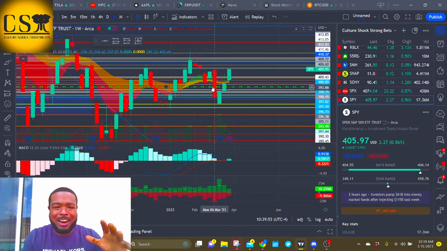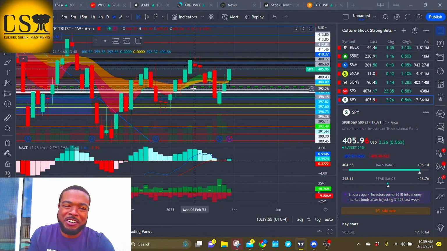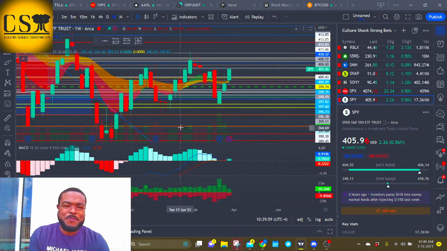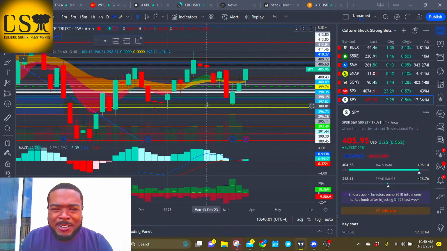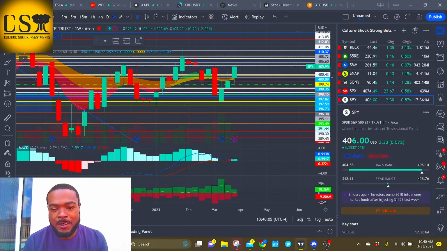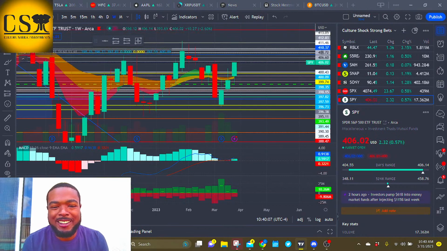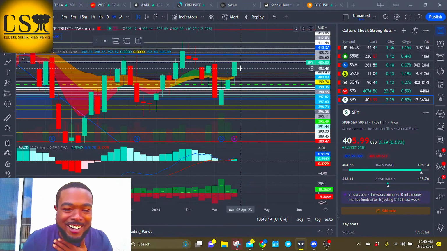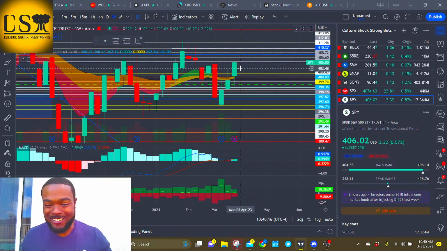Which is why I like the macro charts more, because they're a little bit stronger in their signaling, and you can see that you will take some losses. But the key when you're taking these losses is to make sure that you're limiting your losses to no more than, on an option trade,